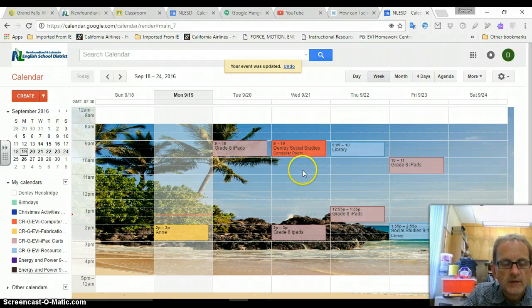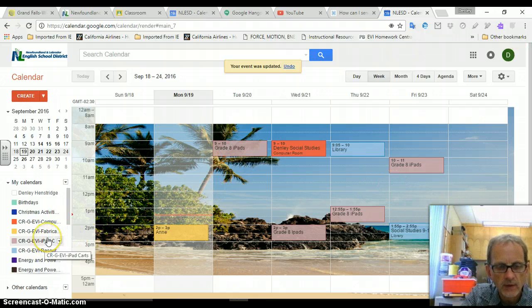Everybody should be seeing this, and everybody should be able to do this. If I haven't shared a particular calendar with you, please see me and I will do that. The only other thing I will add is that when you're booking out the iPads, just indicate which set of iPads you want to use. As you can see on my screen right here, the grade 8 iPads are booked out in 4 slots this week, and then Anne has